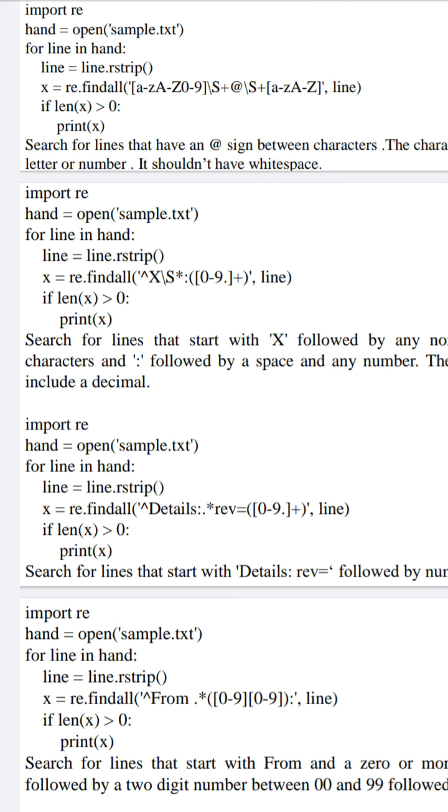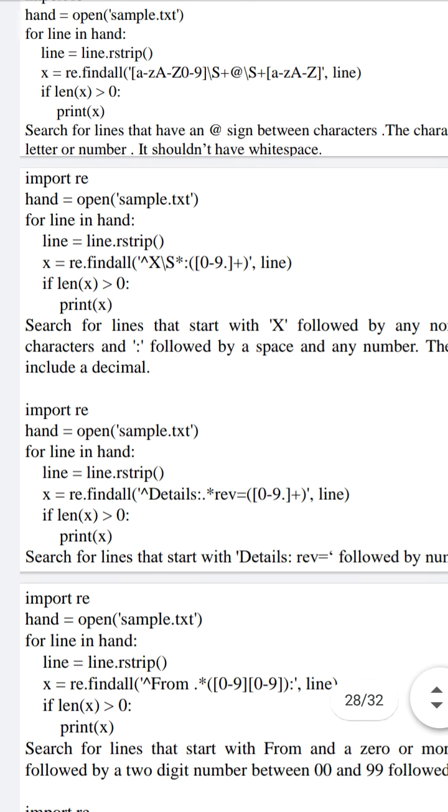and that particular number can have a dot symbol also, because if you observe, in the square brackets we are saying 0 to 9 and also a dot, and then the plus operator. It may have only one dot or multiple dots, or it may have only one digit or multiple digits.